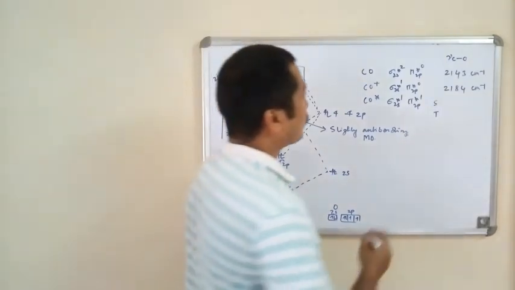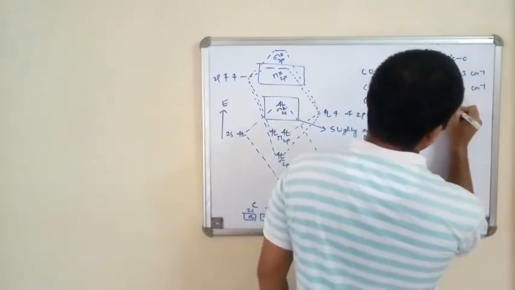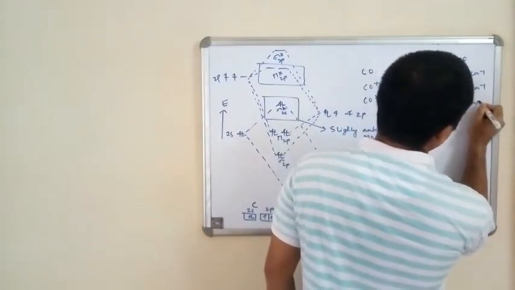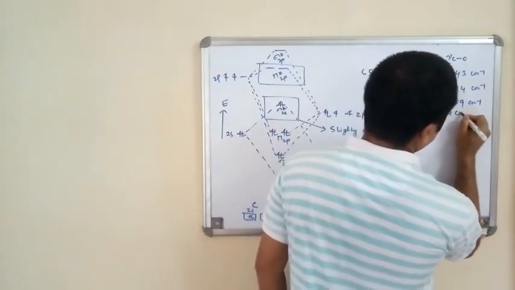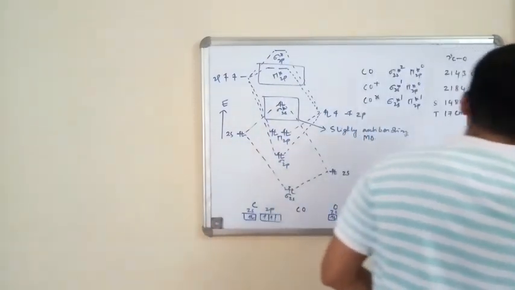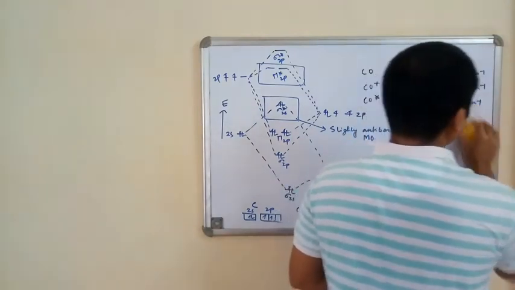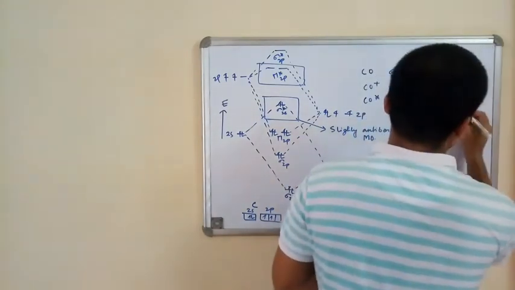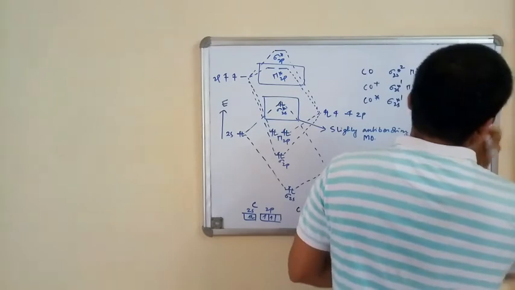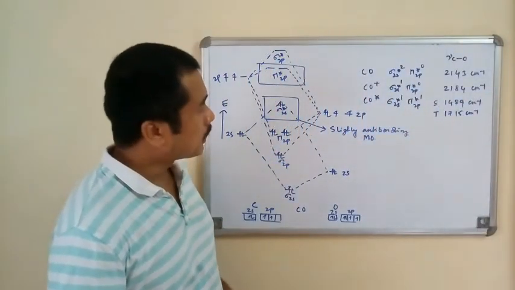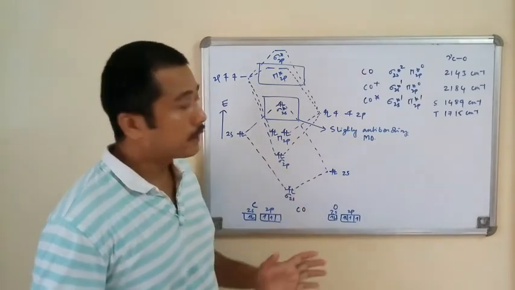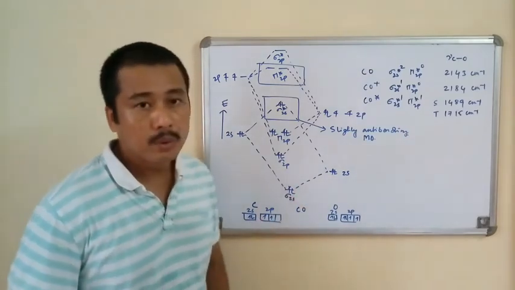For the singlet, you observe the CO stretching vibration at 1489 centimeter inverse, while for the triplet state, you observe it at 1715 centimeter inverse. But what it essentially shows us is that there is a drastic decrease in the CO stretching vibration when we excite the CO molecule